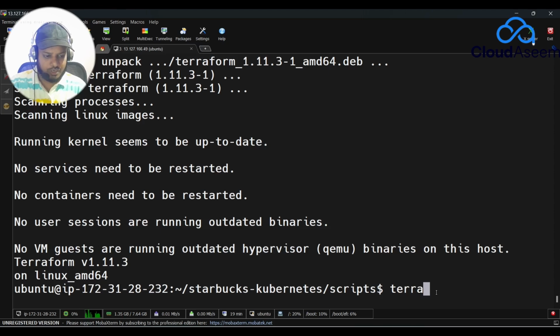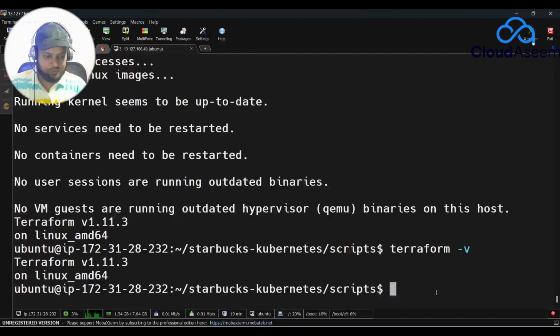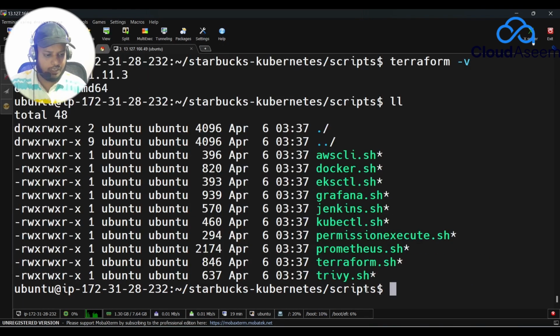So if I run terraform -v, it prints that Terraform has been installed. That's fine. So ll now. It's saying that we have installed everything. Now what we will do is install